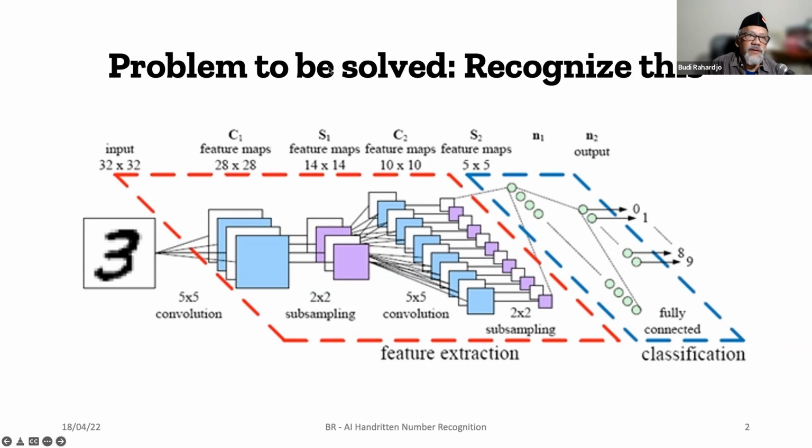Got this annotation. So what we are going to do, we are given numbers like this, and we want to produce the output on the right side. Given this number, we want to have the number, so it says 3. Okay, so how are we going to go about that?